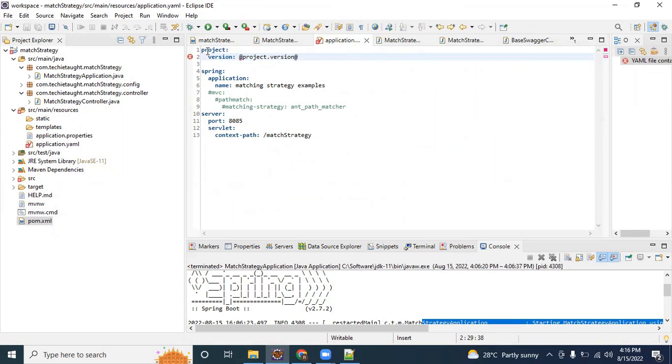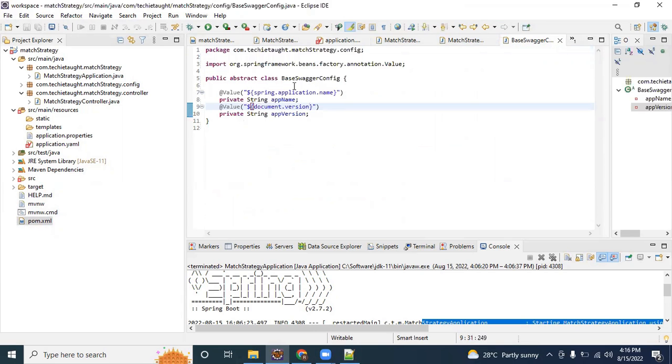So then what you need to do, you have to say project dot version, which will show you the app version. So these two things you have to add, and then what you need to do is in this base configuration class you have to do